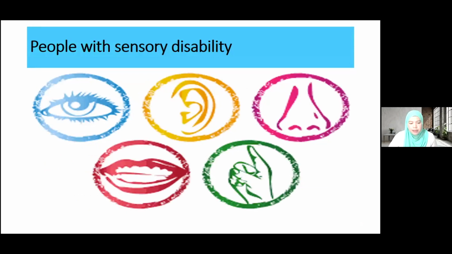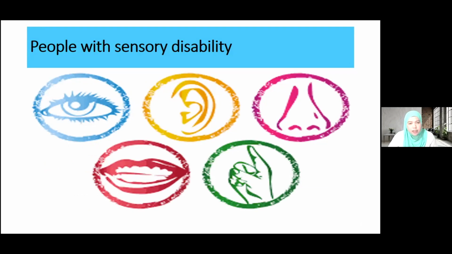People who experience impairment of any of the five senses are people with sensory disability. For example, visual impairment may affect their ability to see, so they would find it difficult to see whether they've done the oral care effectively. People with hearing impairments may find it difficult to listen to instructions, and people with speech difficulties may find it difficult to communicate and require other means of communication.